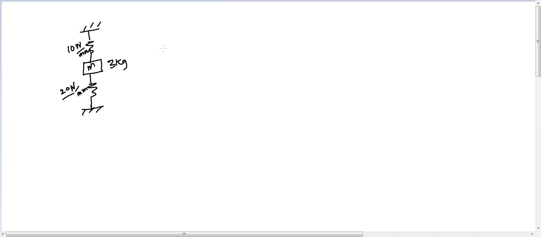Here is the next problem we have. This mass m of 3 kg is connected to these two springs like this. Now we want to find out the natural frequency of this system. Now these two springs are connected in parallel because